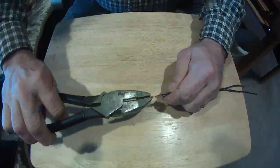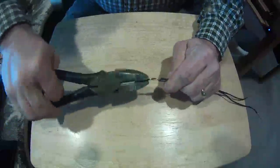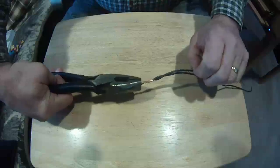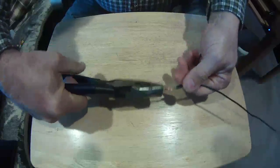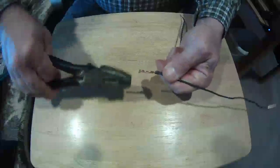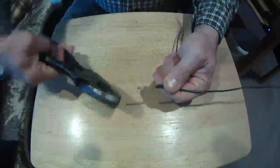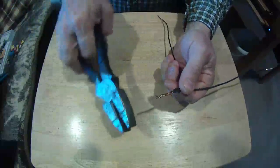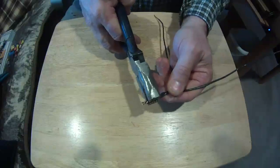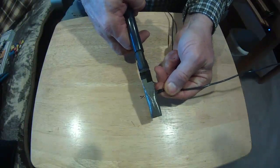Now I'm going to hold this, and I'm going to twist this clockwise. If you spread these apart a little bit, you actually get a little better grip on them. See, I got a nice even twist. Now the nice part about lineman pliers is, I can use them as a guide. If I cut it right here,